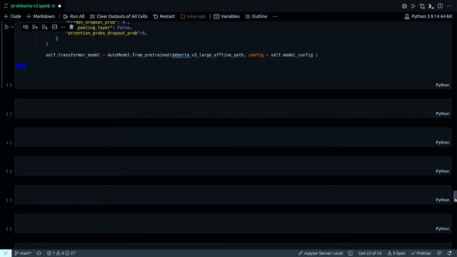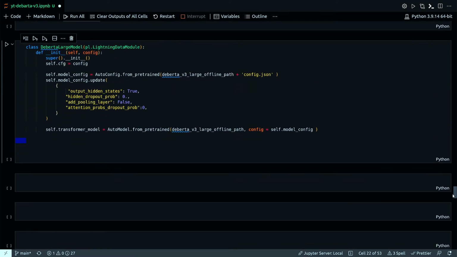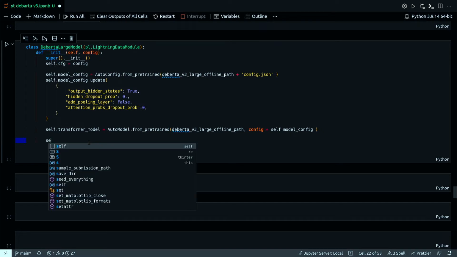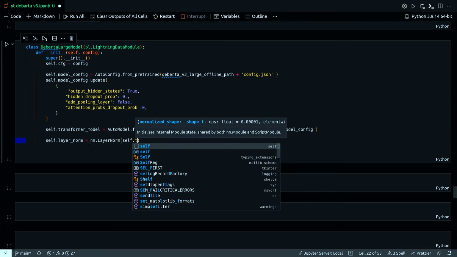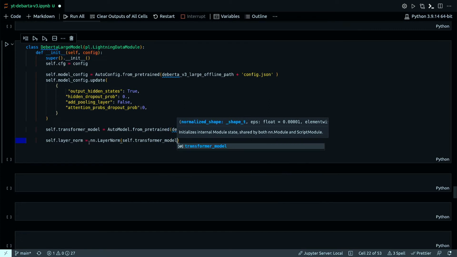Next, I need to define the layer norm. So I can make use of PyTorch nn.LayerNorm. Transformer model dot config, I need to get the hidden size.